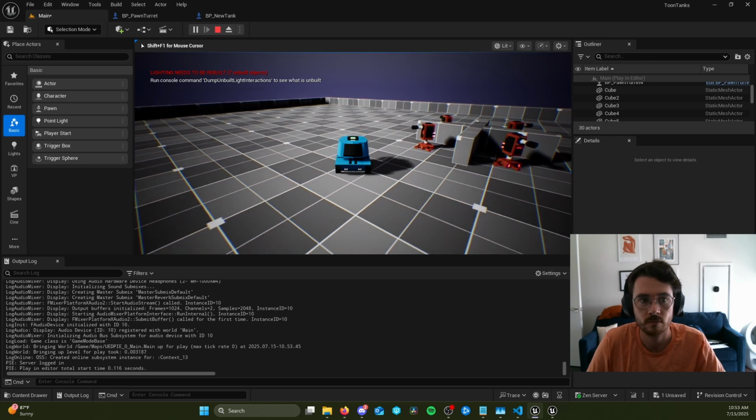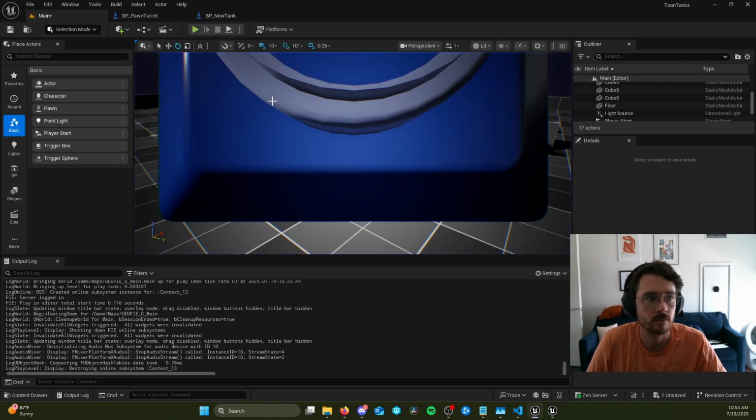And up here at the top left of the viewport is a little drop down. If I click that, there's a checkbox next to show FPS. FPS means